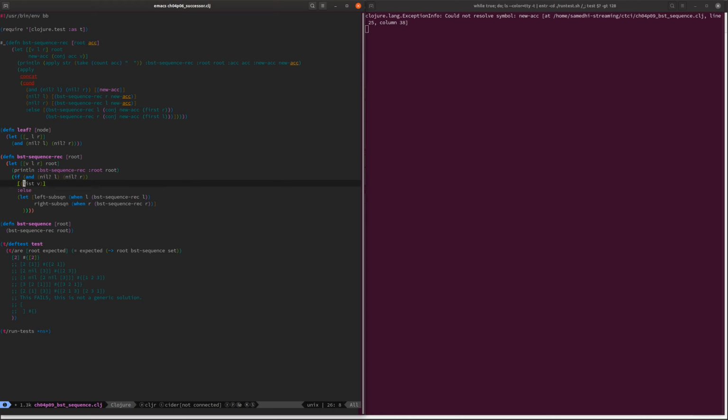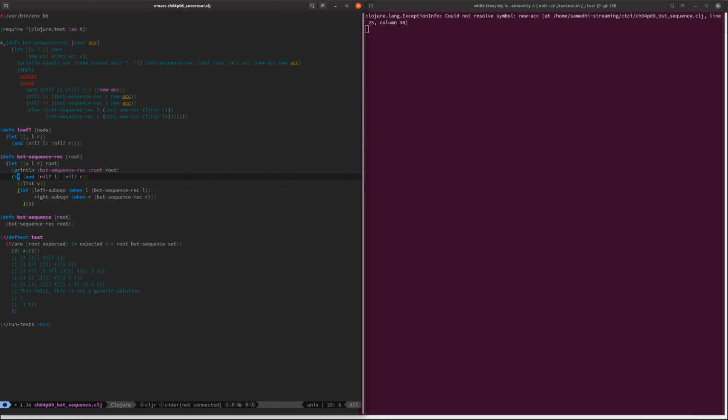That is the only way. It's a sequence of a list. That is the only way that that can be true. Otherwise, we're going to have to recurse. We're going to try not to worry about whether the L or the R exist or not. But if they don't exist, they're going to be empty. Which means that if we do double for loops, we're just going to end up with